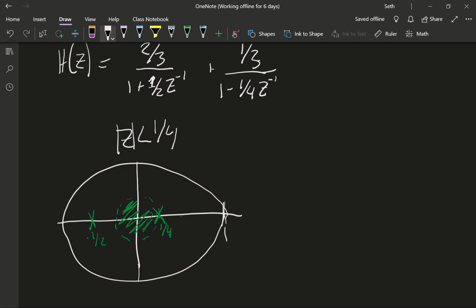So again, as with B and C, go ahead and find h of n from H of z. It's straightforward. You have the conditions, look it up in the table,